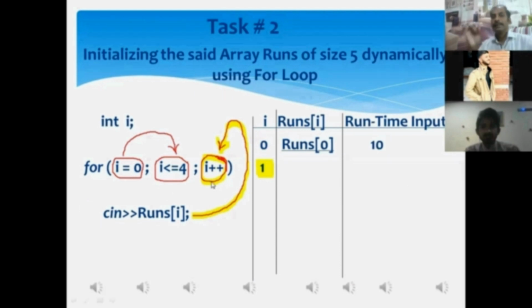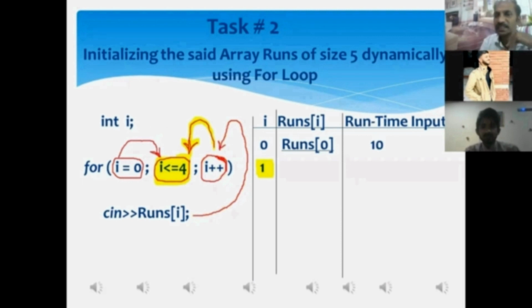After the increment statement's execution, the control of execution will be shifted to the condition statement. All right. What is the current value of I in the memory? Sir, 1. What is the condition over there? Sir, I is less than or equal to 4. If we place the value of I in the condition, what will it become? Sir, 1 <= 4. Now tell me whether this condition is true or false. Sir, true. Okay, true.